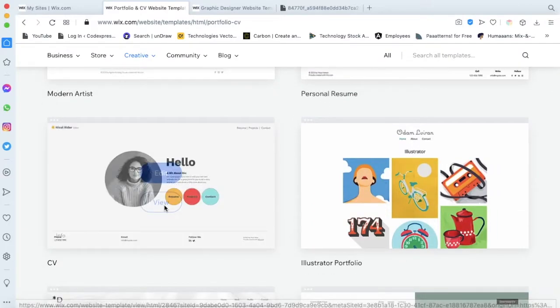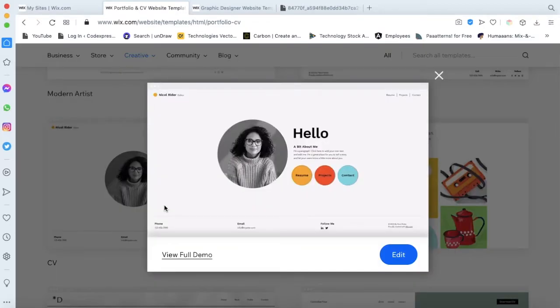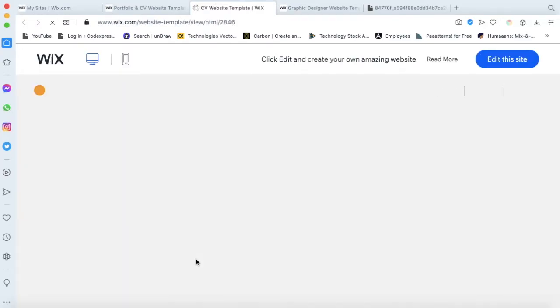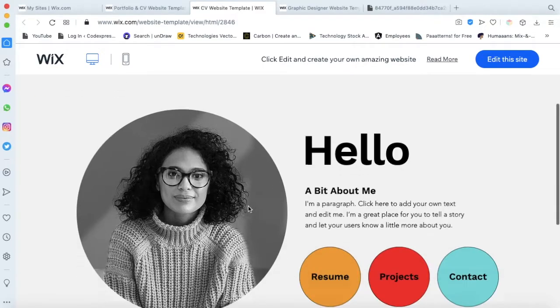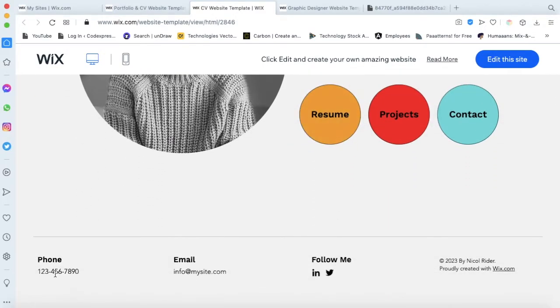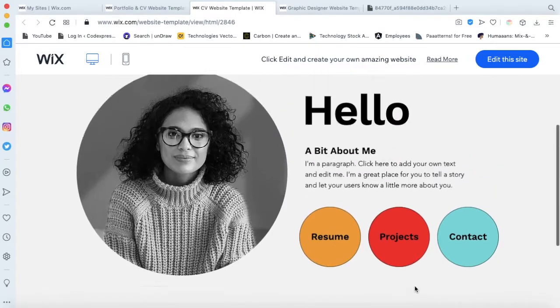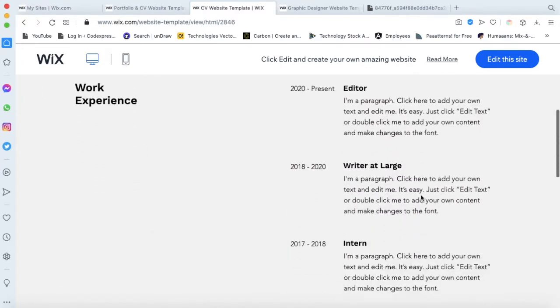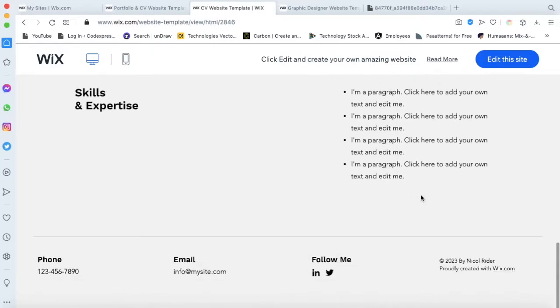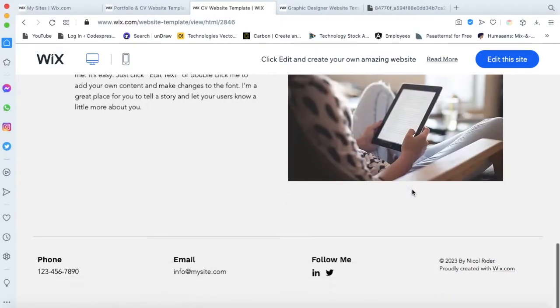Oh, I like this one, so let's just view. Okay, this looks so elegant, simple, and just beautiful. Okay, so we have this. He has like a resume, details there, the projects, so you can put on your projects there. This looks good. The resume, we can write all your education background, your skills,